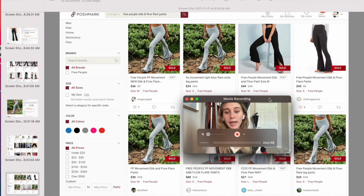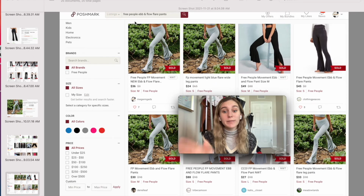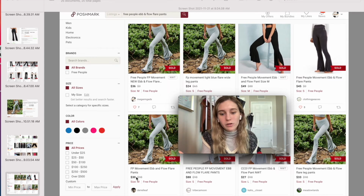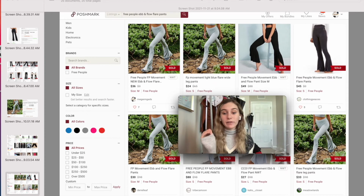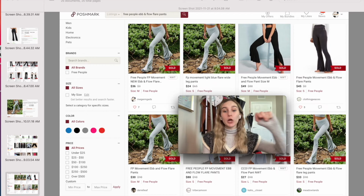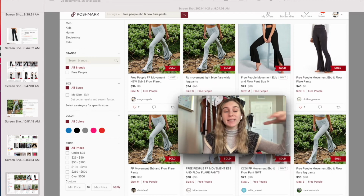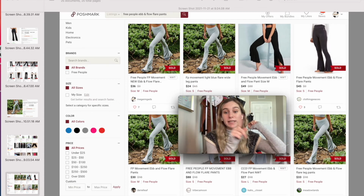So all of the Ebb and Flow flare pants, besides those 2, have been sold. And here are their sold prices, which is probably why those 2 are still sitting, because all the solds are under like $40, and then this lady has used ones priced at $65. So yeah, this is exactly the type of style you want to be looking for when you're out at the thrift store. So you want something that doesn't have a lot listed and has a ton of them sold. That's how you know it is desirable. If it was the other way around and there was 8 listed,